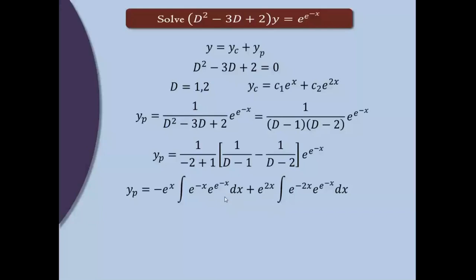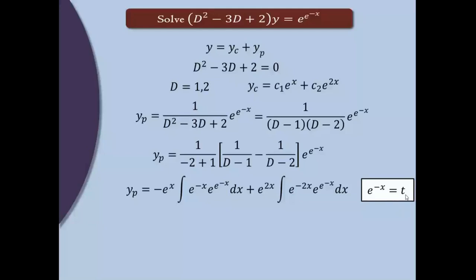Again, the same thing over here in the second integration. e raised to minus x, the derivative of that is minus e raised to minus x. And that also we can adjust here by splitting it. We can split this into two parts, e raised to minus x and e raised to minus x, and then the derivative of this gets adjusted easily. So in that case, we can do the substitution: e raised to minus x is equal to t.